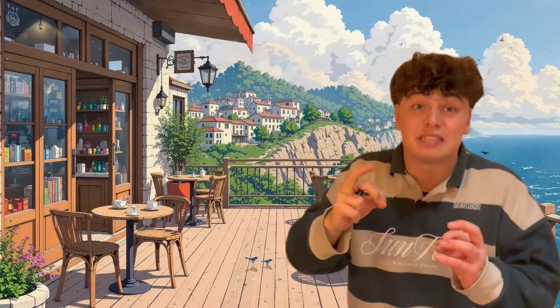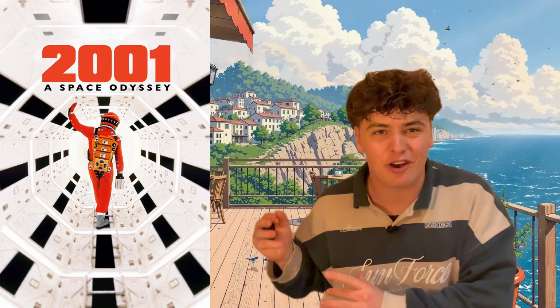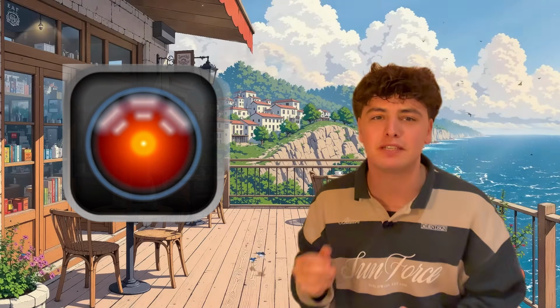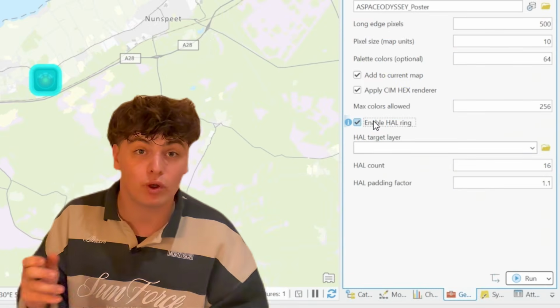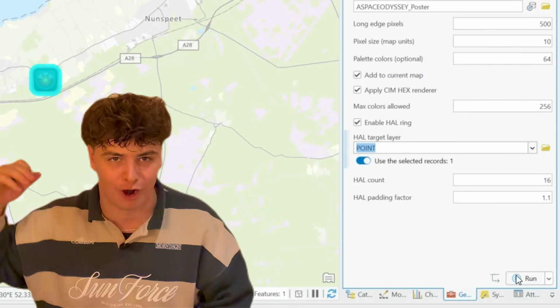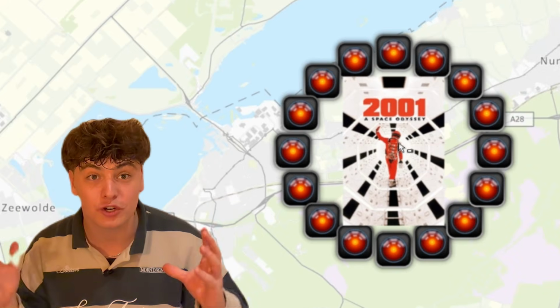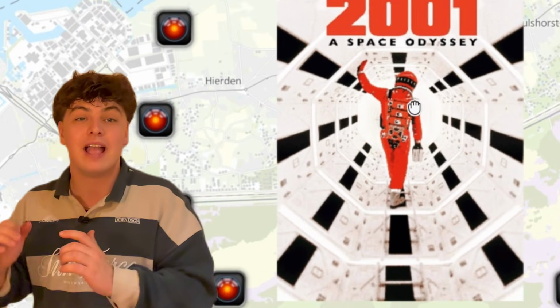And that's it! But since this one is based on a Space Odyssey and we have a magnificent symbol to incorporate, I pushed it a little further. HAL isn't just a part of the story. HAL is always watching. In the tool, enable the HAL ring and choose the point layer with John's symbol, and then hit run. The tool calculates a circular perimeter around the poster, and based on its size, it places evenly